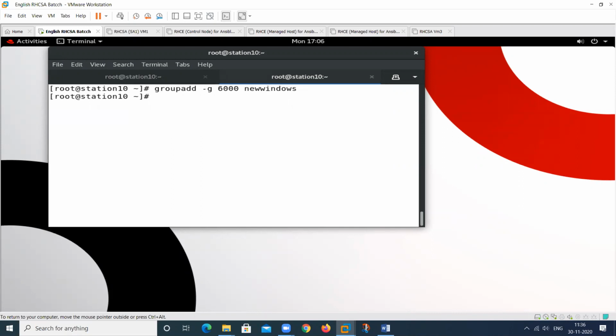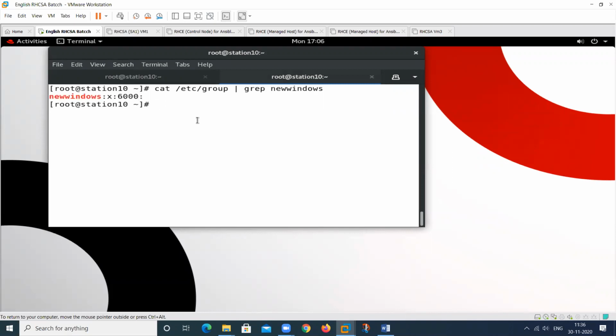So this group will be created. You can check with cat /etc/group. In this we want to grab only the information about this particular group. So this group will be created with this particular ID. So this is the command.